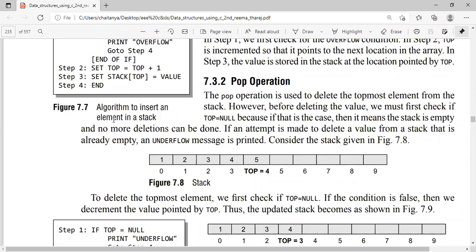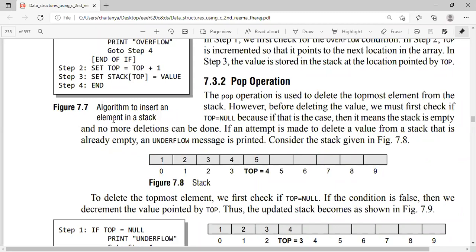Now you can see the pop operation. So how will I delete the things? The pop operation is used to delete the topmost element from the stack.